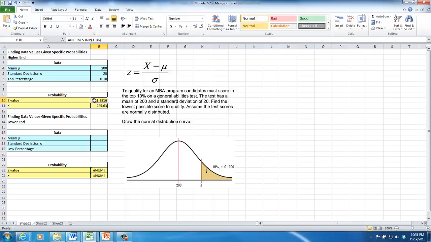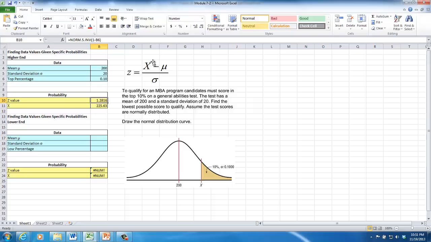So once you find the z value, 1.2816, in this equation there is only one unknown, which is x. So I know the z value is 1.2816. We know the standard deviation is 20, and we know the mu. So this is just algebra. In order to find x, we need to multiply z times standard deviation,